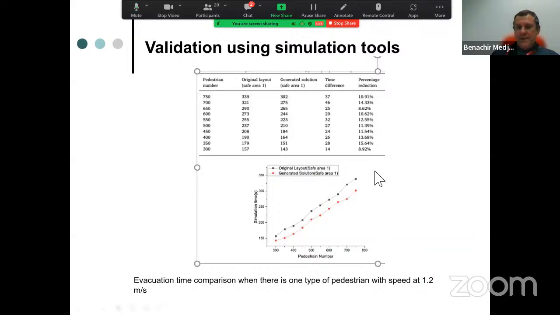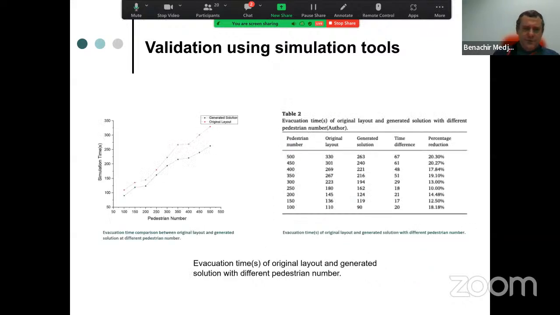And we see that we have nearly the same time saving, whatever the number of occupants we have. It's quite interesting to learn these differences, which are affected by the type of people you have, the velocity of these groups, etc., which affect the time saving you have. But overall, we have saved quite substantial time.